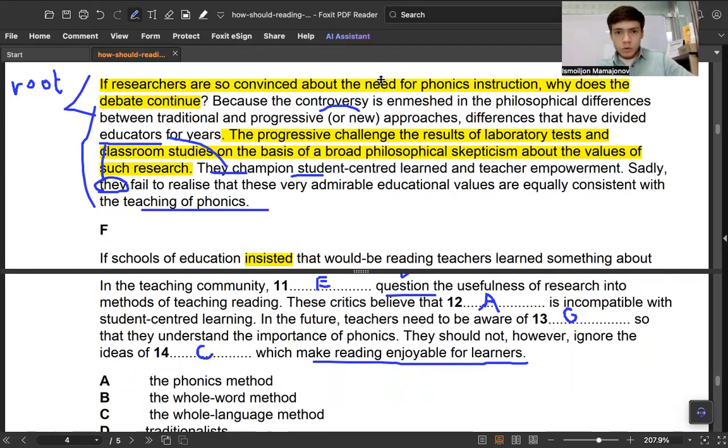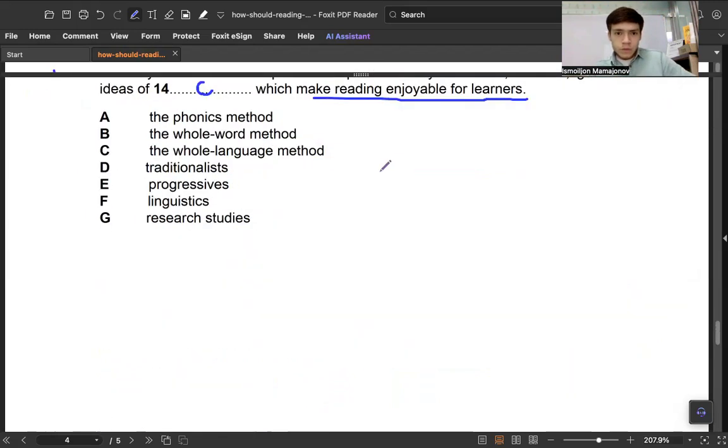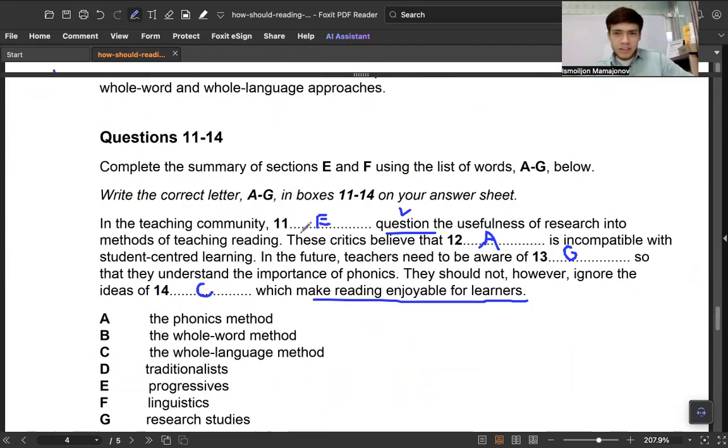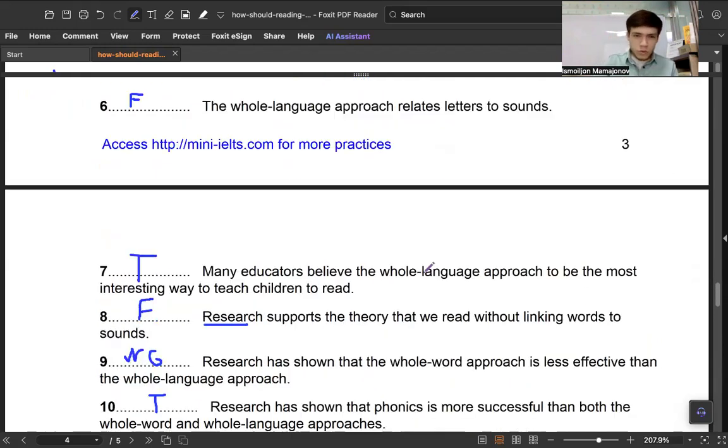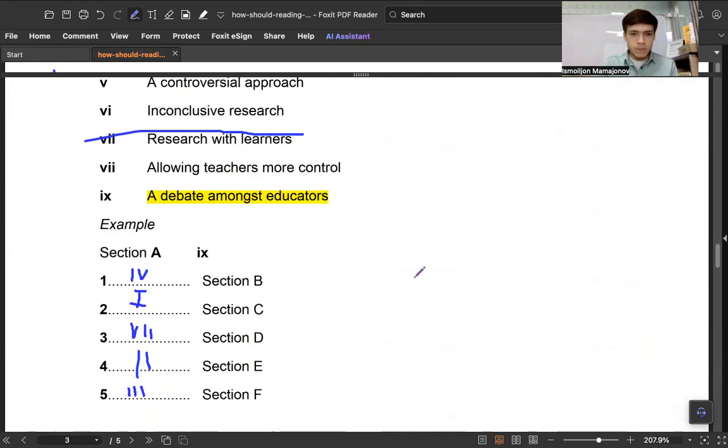I hope you understood all the questions. I didn't really like this 11. It was a bit difficult. Other than that, it was quite simple, I guess. Yeah, that's it. That was reading passage 3. Because it was reading passage 3, maybe it was a bit more confusing. But do I find the passage interesting? One word, no. So see you in the next video.